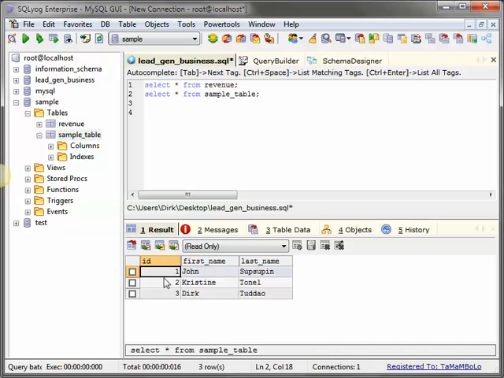Okay, so here. So what we'll do is we'll have the sum of all the revenues for each client. So how are we going to do that? So let's type select